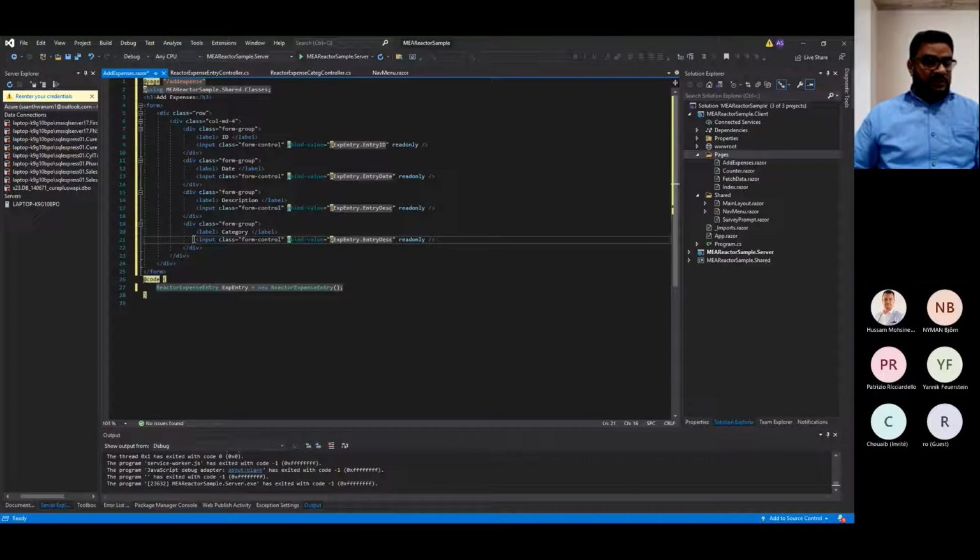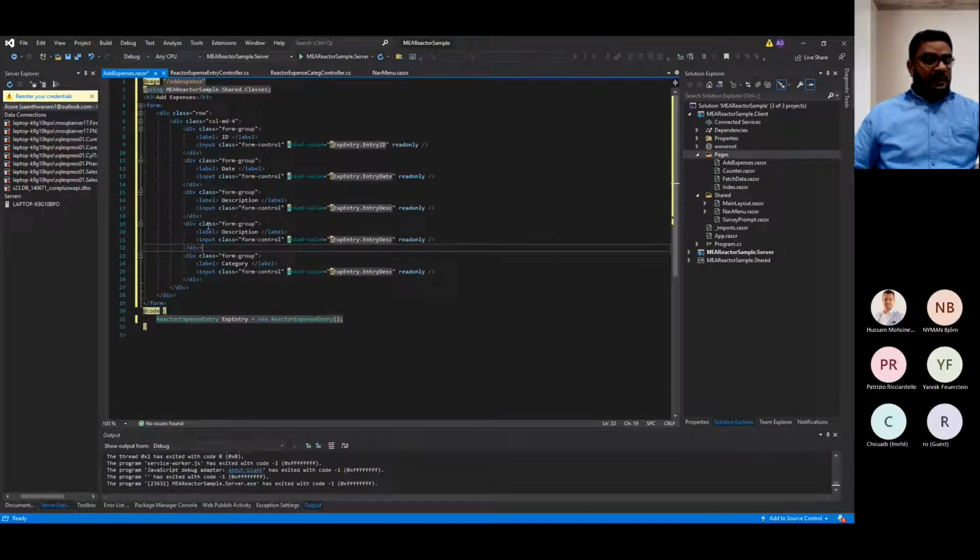Here there is a difference. We have to use a different one. Okay, we will come back to that. Before that, we have to use amount. Here we have, okay, this one category